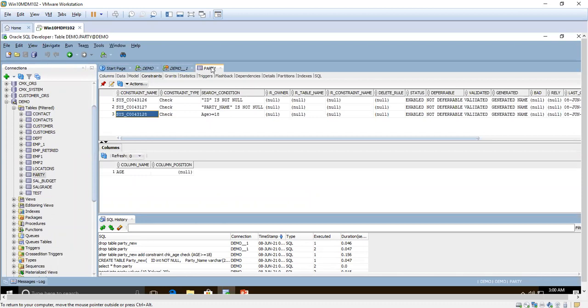It has given some number, SYS_C0043128. It's a constraint name given by the system itself. And the search condition is age is greater than or equal to 18. It has got created on the table.